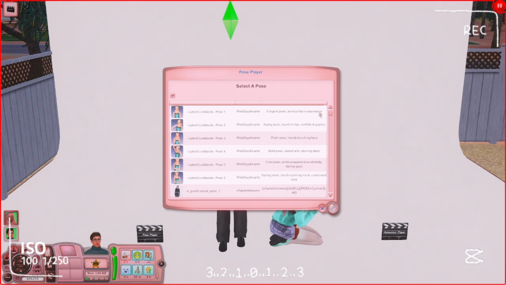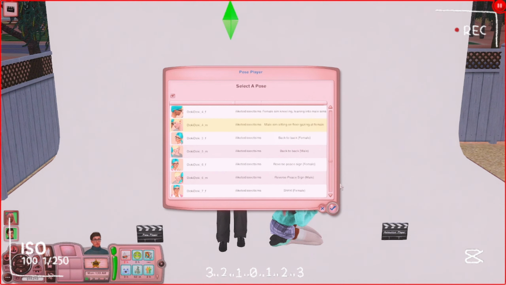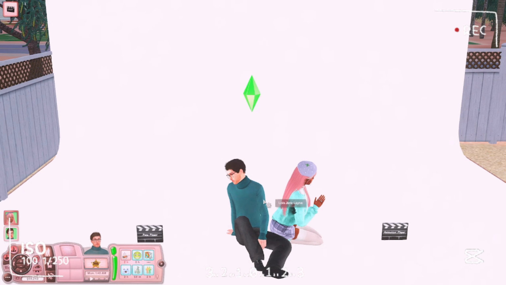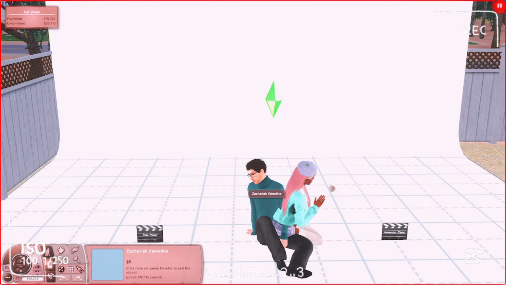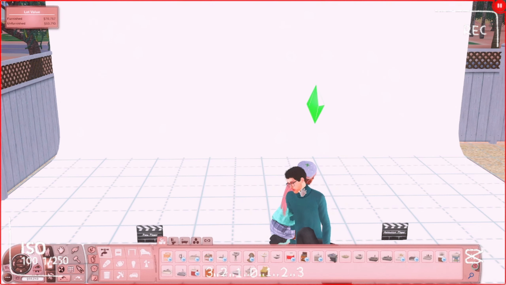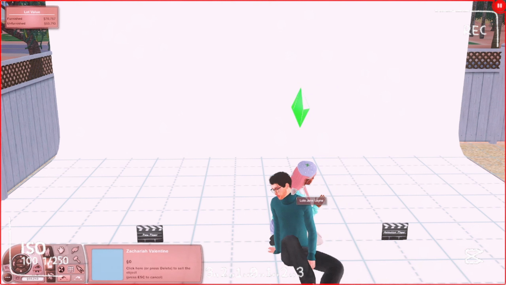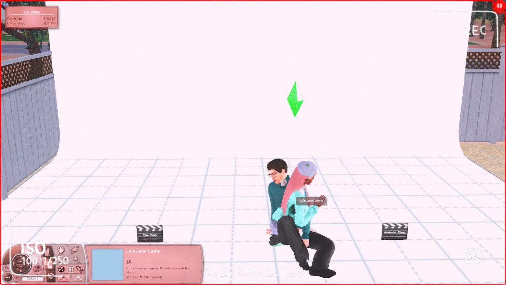Alright, so this is going to be pretty cute, but I'm going to have to move them around, which is why you have move objects on, because you can't just move them on this backdrop. It's kind of like a stationary thing. Oh, male sim sitting. It's because I don't read, guys. It's really because I don't read, and I read a lot, so that's just annoying to me. But let's do it. It's going to be so cute. Move over, stay right here. Why are you moving? You're annoying. Alright, now